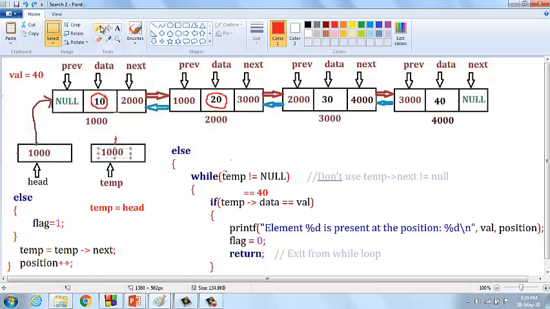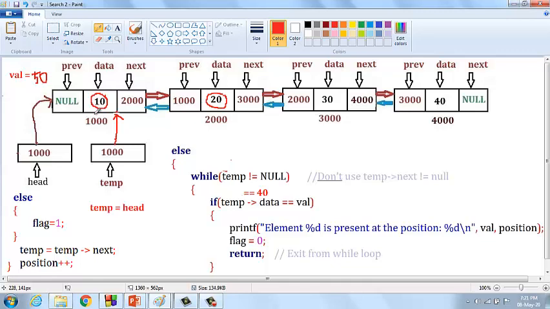The first node in the given list, temp points to it because temp equal head. My aim is to find out whether the element 50 is present in the list or not. 50 is your search element. You have to check whether the element is present in the given linked list.